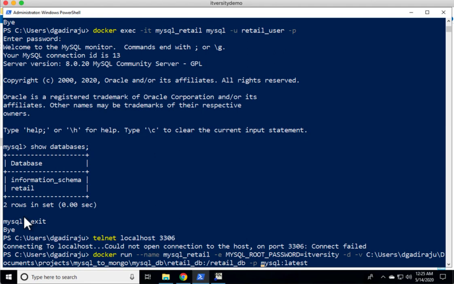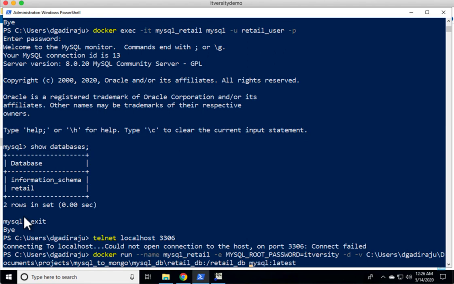Because I haven't done this, the port is not exposed to the external world. I can only access the database through Docker, not through JDBC, where we can pass the IP address or DNS alias along with the port number. As port binding is missed here, we are not able to connect to the database that is running as part of the container, even though all the information passed is correct.